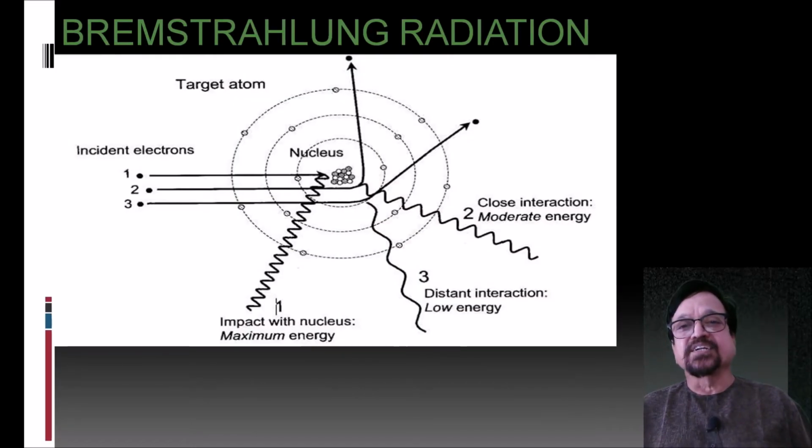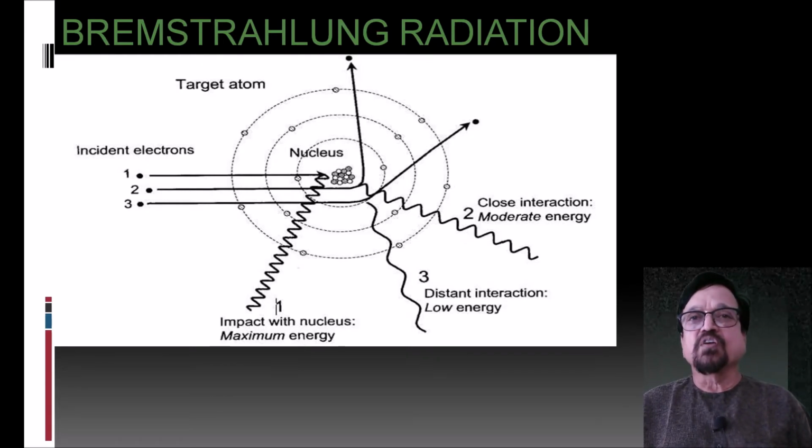Now we have to understand certain things about how X-rays are produced. One of them is Bremsstrahlung radiation. Bremsstrahlung radiation is produced in the way shown below. Now we have 3 electrons, named 1, 2, 3. We have a nucleus, and you see the first is the one where the incident electron goes and hits the nucleus directly. When the incident electron hits the nucleus directly, it impacts the nucleus with maximum energy and gets converted into X-rays. So that is the first condition.